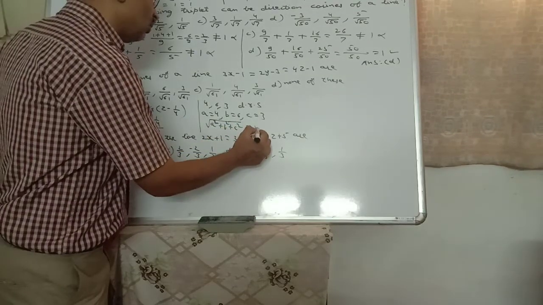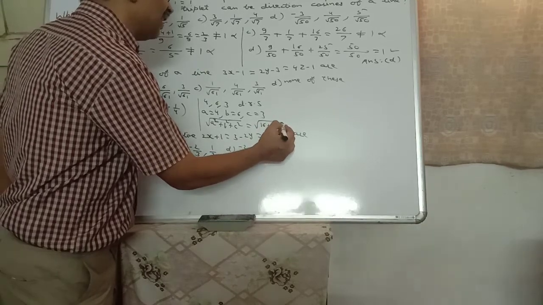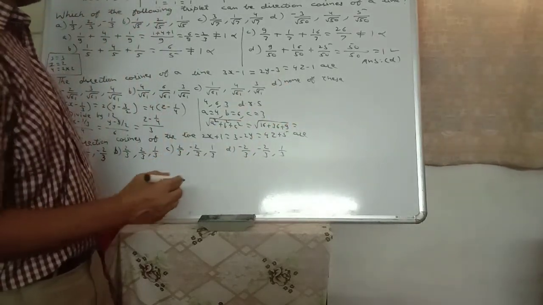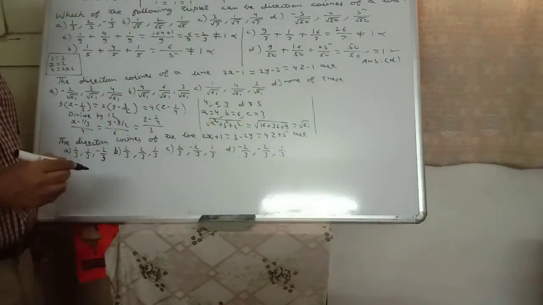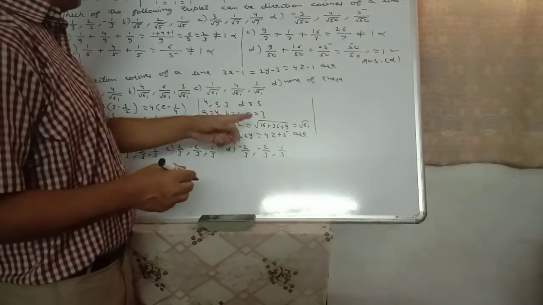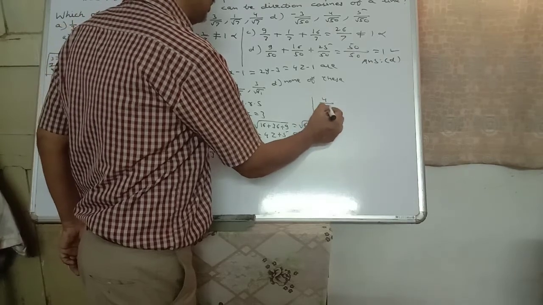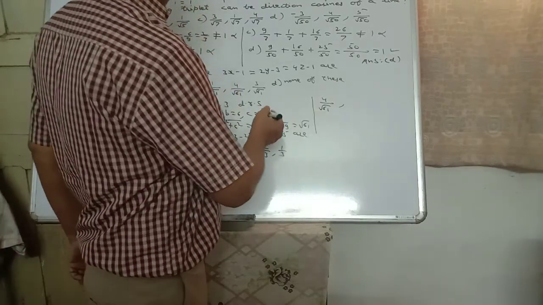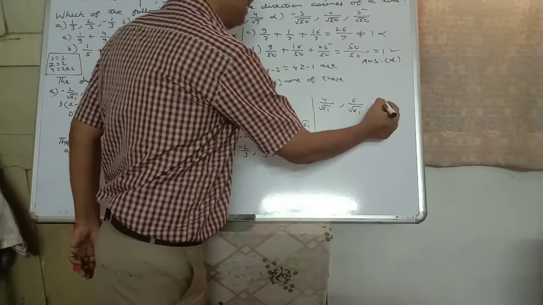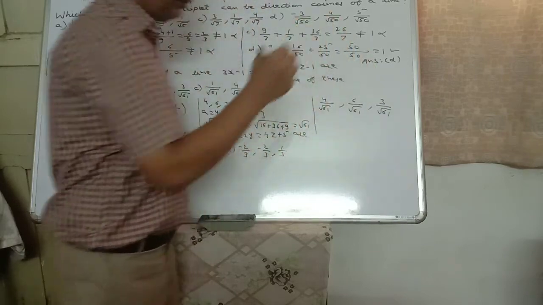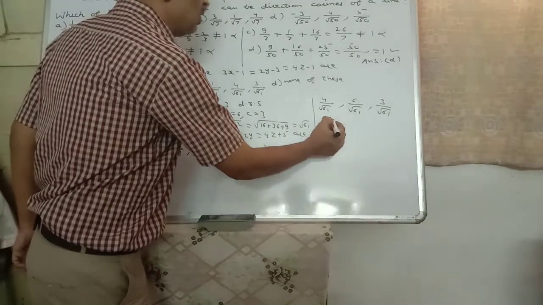So under root 4 square 16, 6 square 36, 3 square 9, root 61. Then direction cosines: a upon root 61, so 4 by root 61. b, 6 by root 61, denominator same, 3 by root 61. Here the answer is option